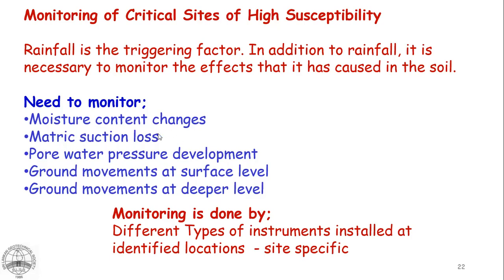Then we can get the people to move out and minimize the damages, or even we can get into some rectification measures and prevent a catastrophic failure. So to monitor these changes happening in the terrain, the moisture content changes, matrix suction loss, pore water pressure changes, and the ground movements happening in the terrain, there are various instruments which need to be installed at different locations